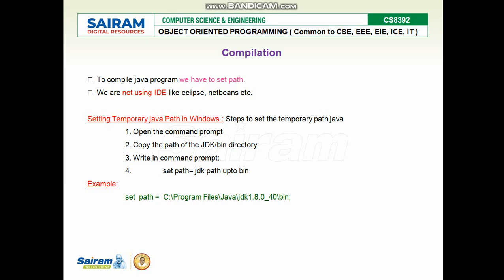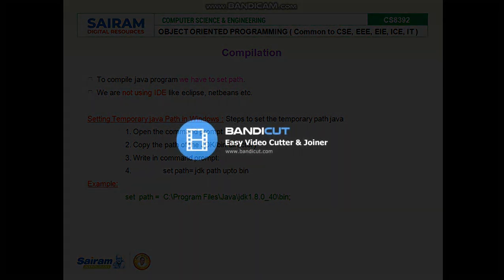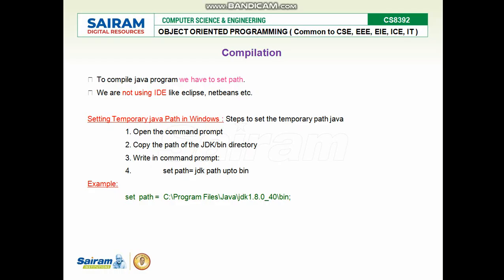One is a temporary path: you can open a command prompt and set a path there. In another way, by using environment variables, you can also set a path. The first method we will see is the temporary method. To compile a Java program, we have to set the JDK path or JRE path.